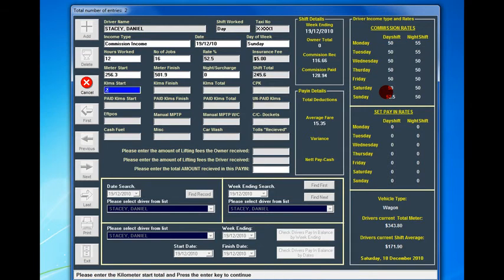Now put in the kilometre start and the kilometre finish. These are all just made up, by the way. And the pay kilometres. And then just keep hitting it. Now the FPOS total that's on the bottom of the slip. So we'll put in 36.50. Now the manual MPTs are usually an emergency voucher if the electronic system's not working for people with disabilities